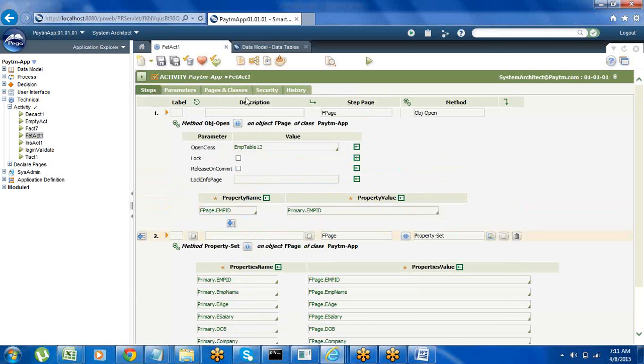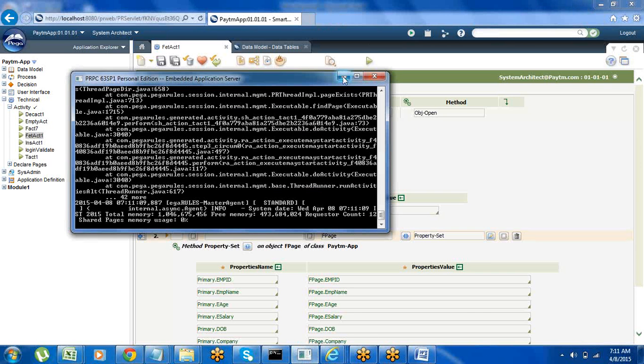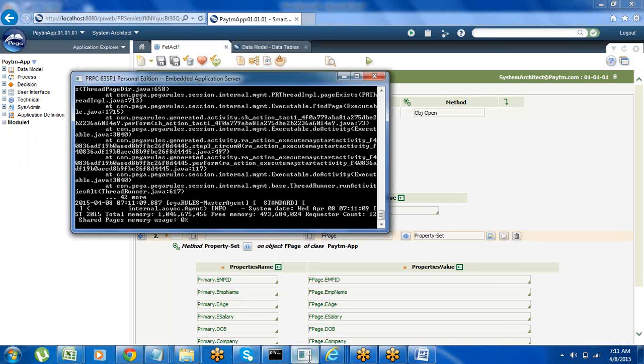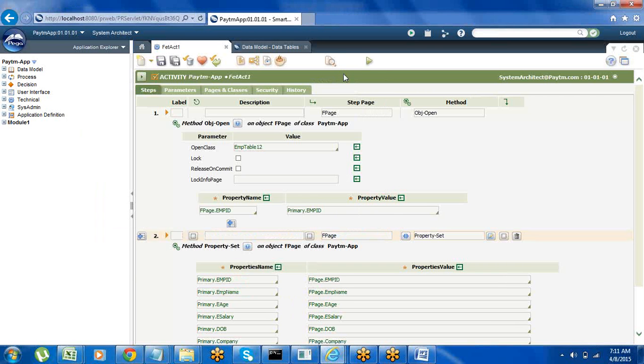Okay, right now activity-wise there is no error, there is a problem in the server. We need to restart the server and it will be resolved. There's no problem in this activity rule. Previously we changed the framework, so something has changed here. We have to restart the server and the issue gets resolved automatically.